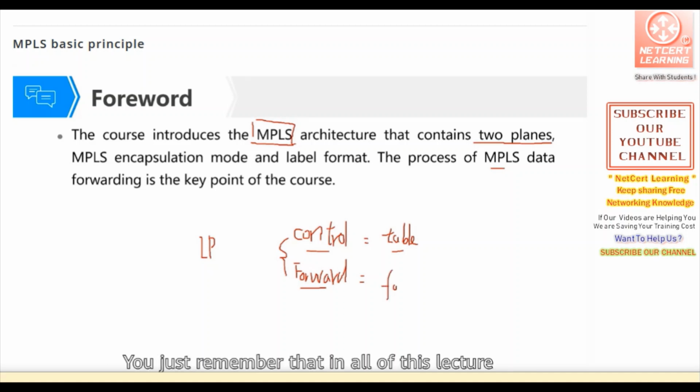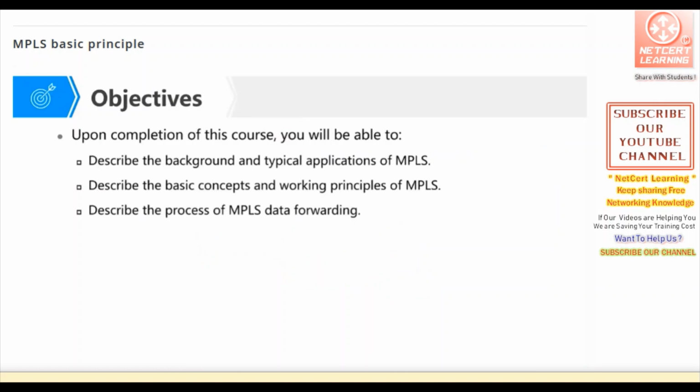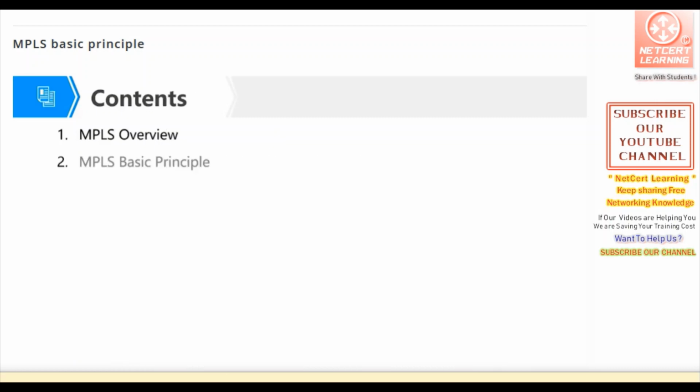So just remember that in this lecture, we will follow these two planes, the control plane and the forwarding plane. Upon completion of this course, you will be able to describe the background and typical applications of MPLS,